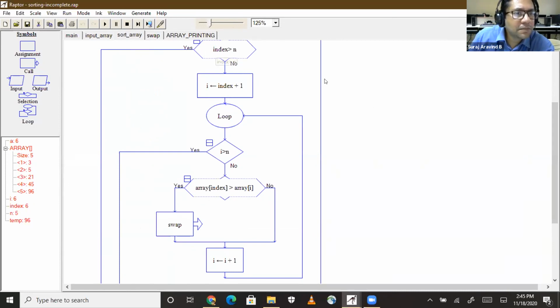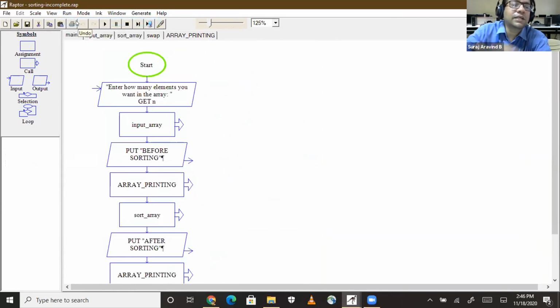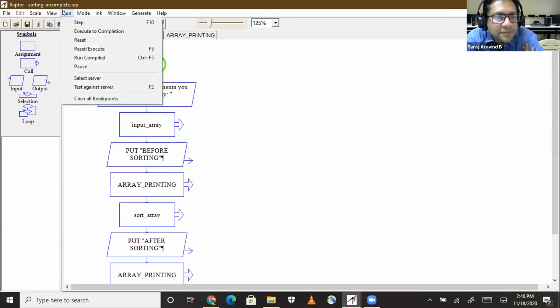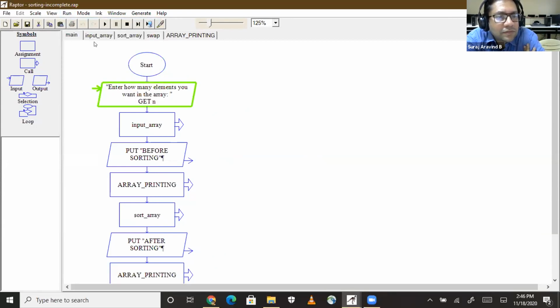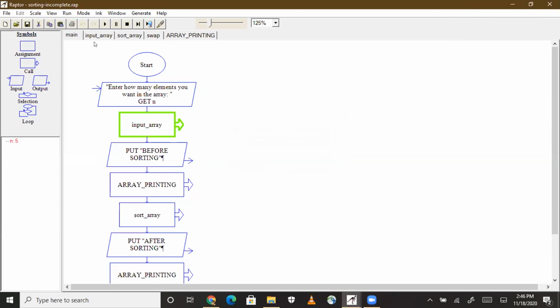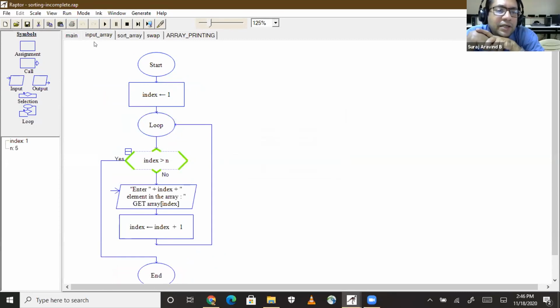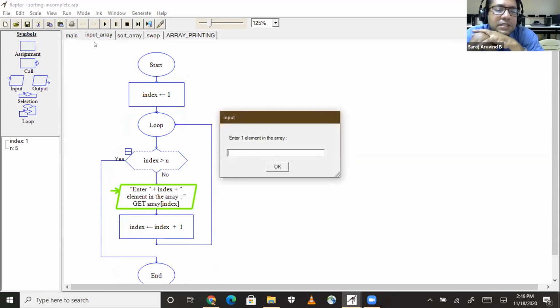You have this. Run. Now click on the run. If you press F10, it will go one step at a time. Let us follow that and see the logic. Next step. I think those who are entering numbers, fine. 5. Maybe there will be no doubts regarding entering the elements in the array. It is simple. You can continue at a faster pace.